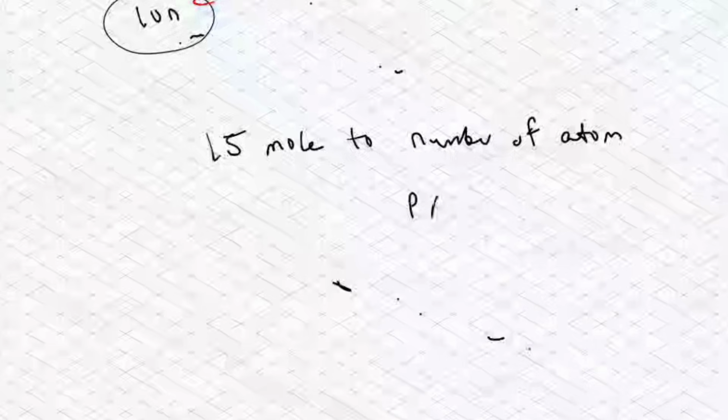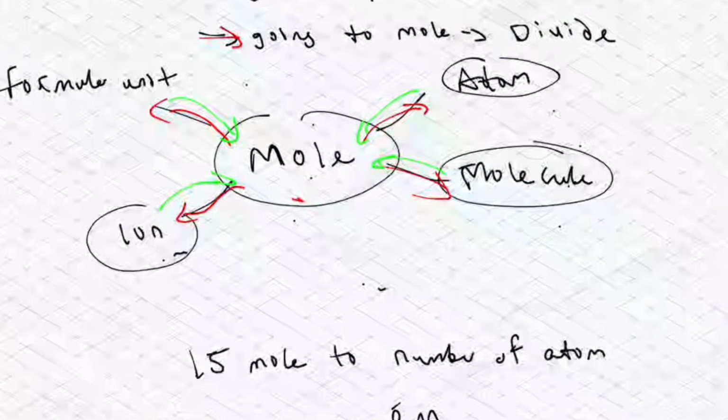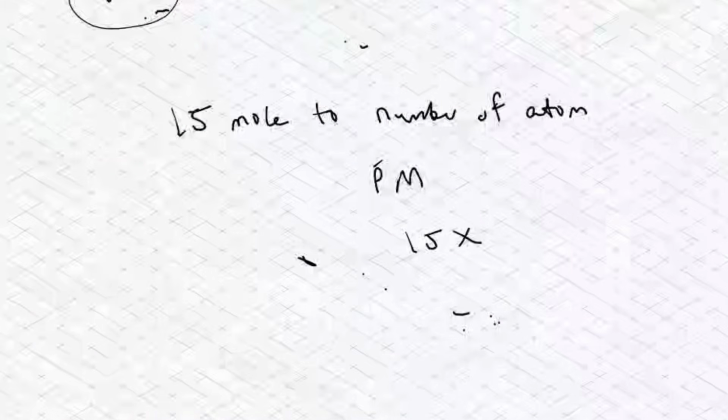Remember PM. What does it mean? Particles multiply. If you are converting to particles, you are going to multiply. Anytime you talk about particles, just remember everything outside mole. You understand? You are going to multiply. If you are converting to mole, you are going to divide. Remember, to particles multiply. So what am I going to do? I'm basically going to do 15 times 6.02 times 10 to the power 23, and whatever I get is my answer. So it's as easy as that